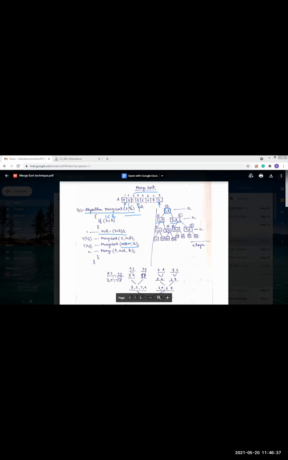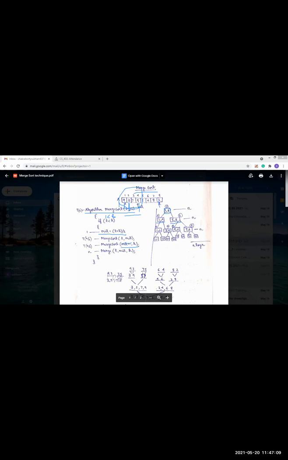We are concerned first about this part from 1 to 4. Only this part we are concerned about. Now in this 1 to 4, low is 1 and high is 4. So 1 is less than or equal to 4. Yes, it is, so we will again find the mid from here. Mid equal to 1 plus 4 by 2, which means our mid will become 2 in this part.